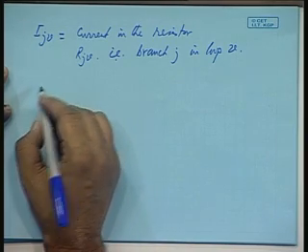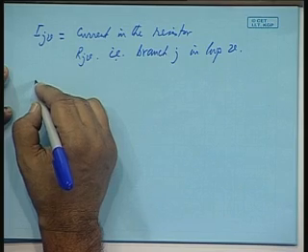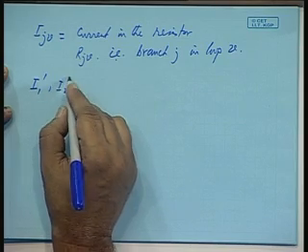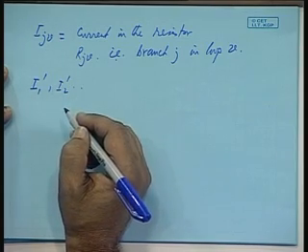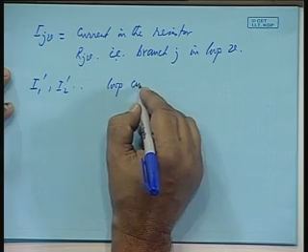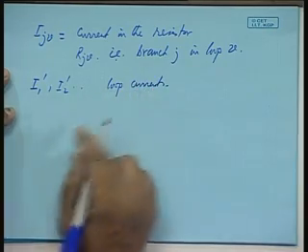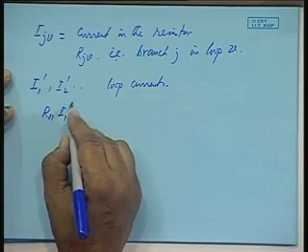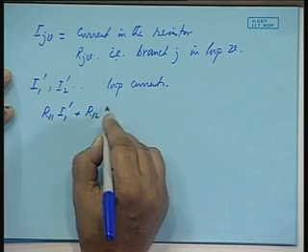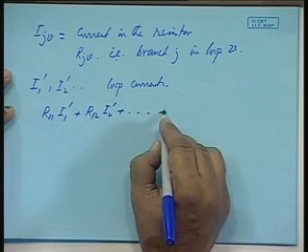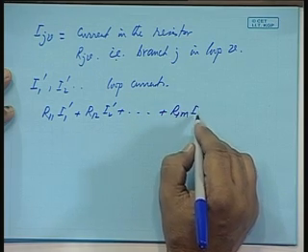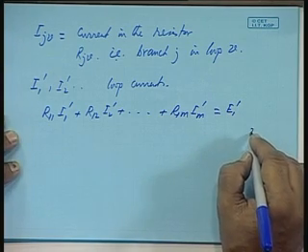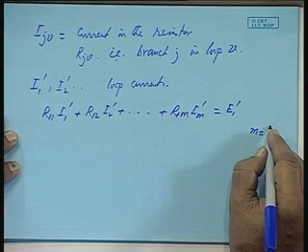And if we write now I1 dashed, I2 dashed, etc. as the loop currents in loop number 1, loop number 2, loop number 3 and so on, we can write this equation: R11 I1 dashed plus R12 I2 dashed and so on plus R1m Im dashed is equal to E1 dashed, where there are m loops, m fundamental loops, m is equal to b